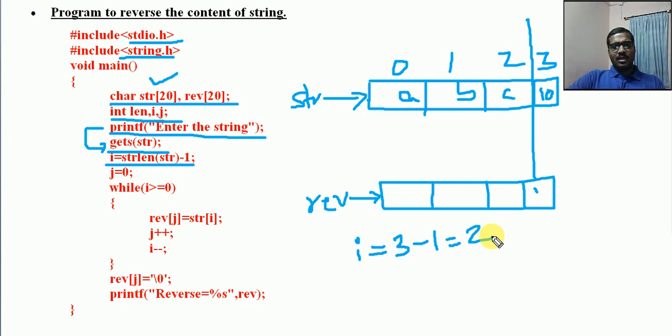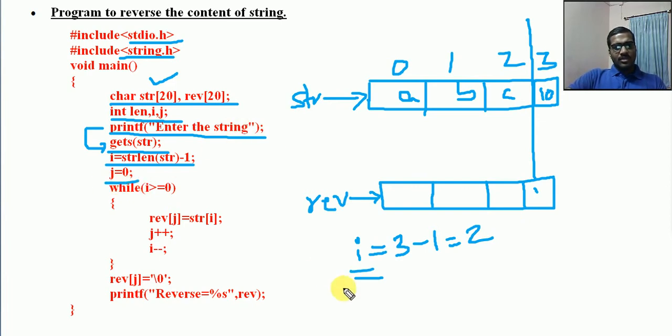In our normal array, what are we doing? From i to n minus 1. Similarly, here also we have total length 3, 3 minus 1. As it is an array, I need to iterate through index locations 0, 1 and 2. So 3 is the total length of the array, but we need to iterate from 0 till 2 only. That is why 3 minus 1, that is up to 2. That is the reason why we are assigning the value of i as 2.